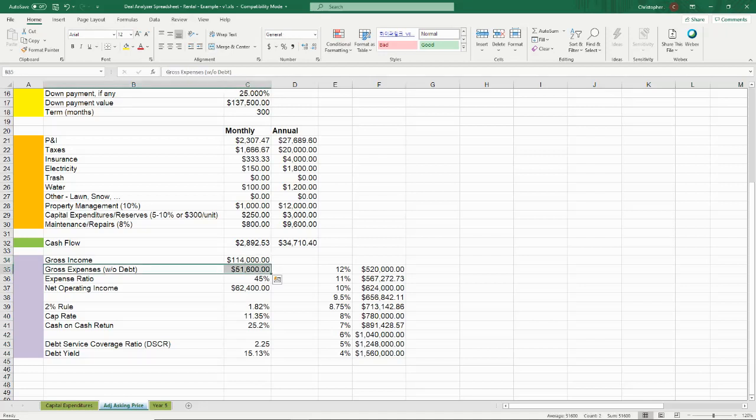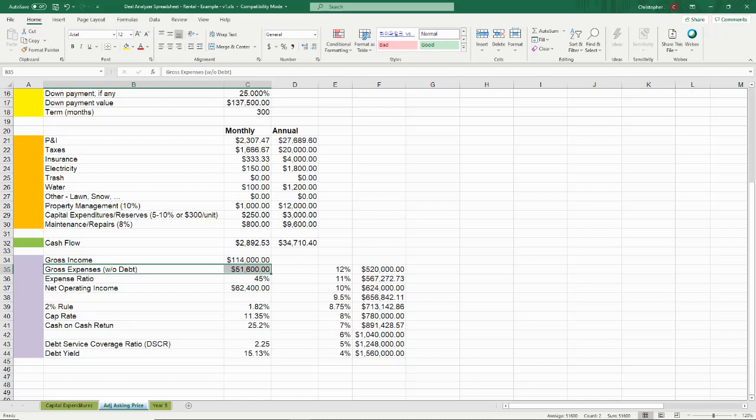Gross expenses, and I show here without debt. The expenses we showed above, principal and interest was included. That's your mortgage. These key indicators are mostly going to exclude the debt from the equation. The reason why is because debt, or the mortgage, really has no factor on the valuation of the real estate asset itself. Certainly, it can be considered an expense because you have to pay the mortgage, and that is a rather large part of the expenses, or it consumes a large part of the income that comes in each month. But one person's mortgage or arrangements of their debt can vary from person to person or property to property.